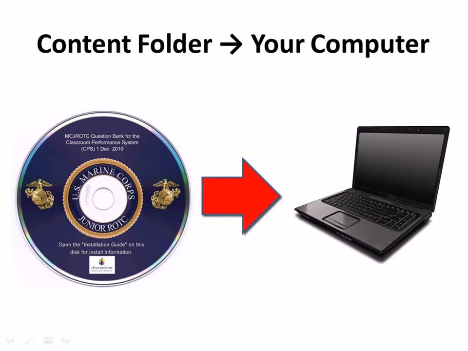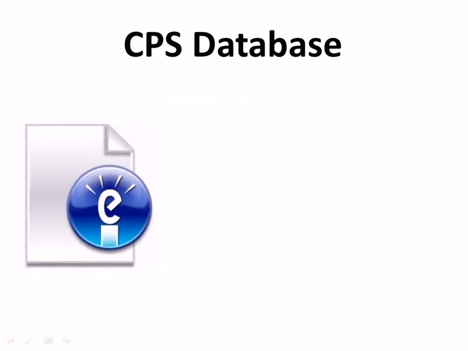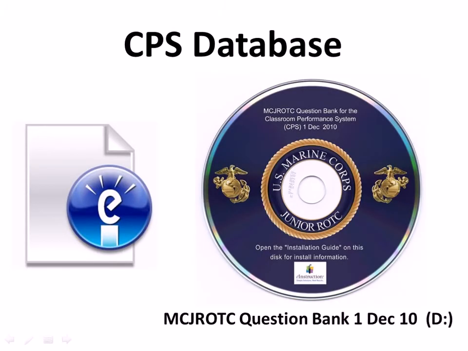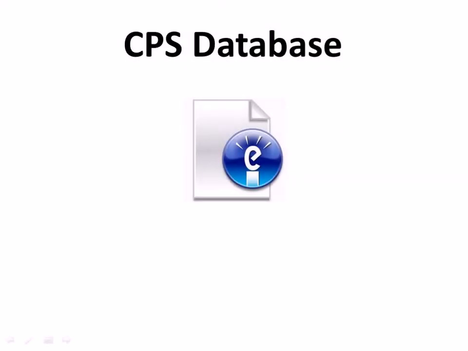Now, let's start by locating the Marine Corps Junior ROTC database. The database, which is the main file that is opened by the CPS program and contains a bank of questions to use with your CPS system, is originally located on a disk that comes with your system titled MCJROTC Question Bank 1 December 10. You should now be able to locate your CPS database in this location: